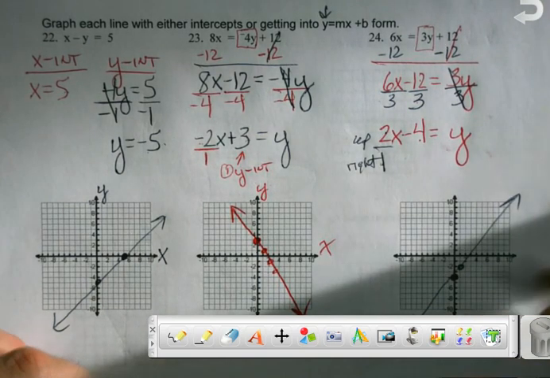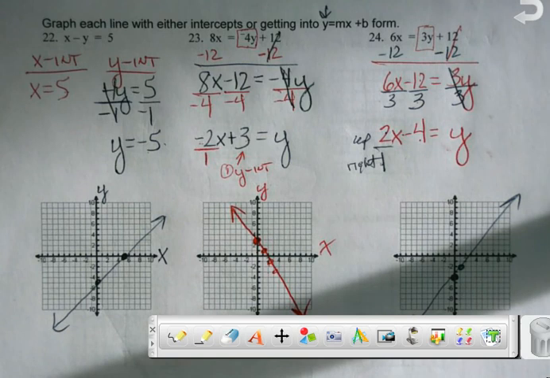Put a line on through. So your job with the ones that we've done together is to finish this one up. I slowed down in a couple of places enough that I think some of